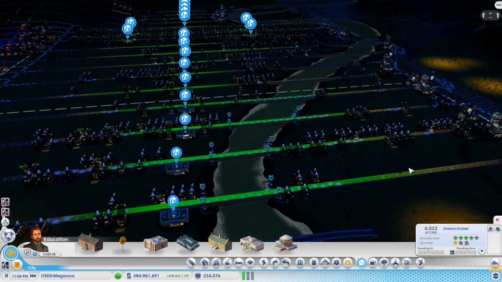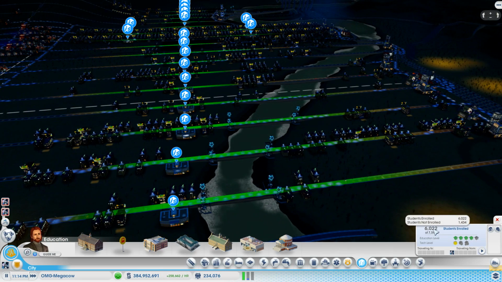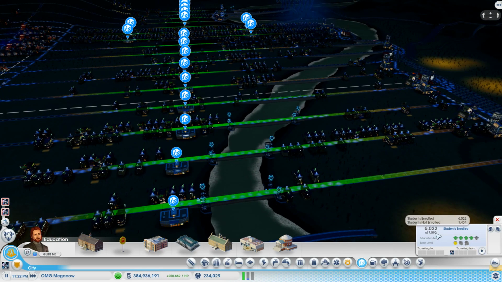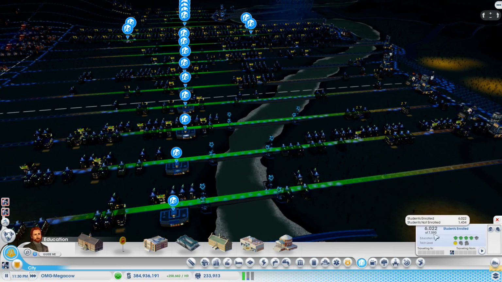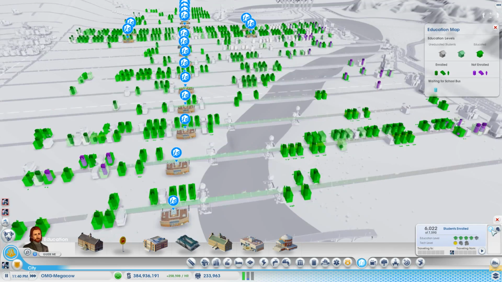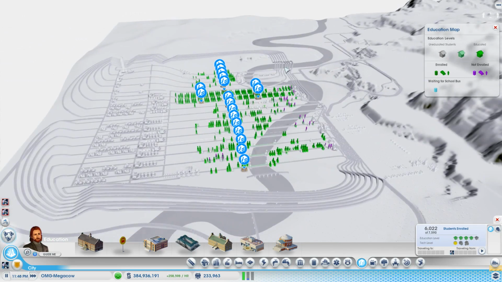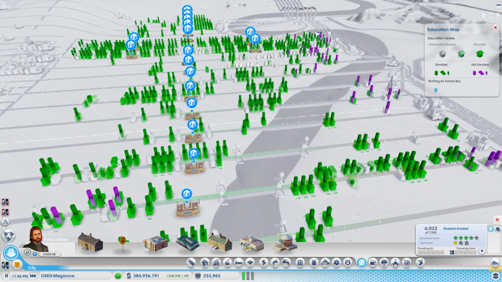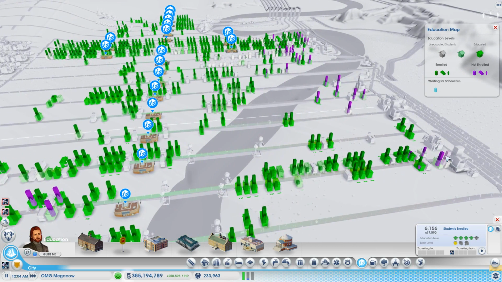Students, I mean, this not long ago was full. This was 7,590, and now, I mean, there's a few purple bars, but remember, each one of these is only 15, so that's maybe 200 kids who aren't going to college.